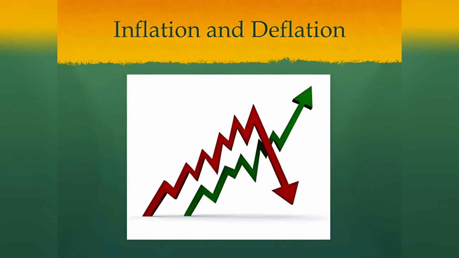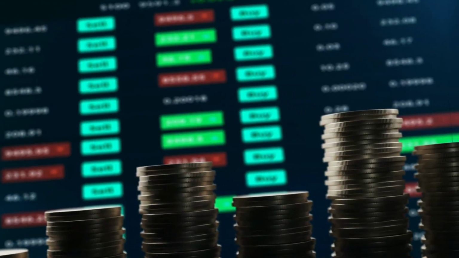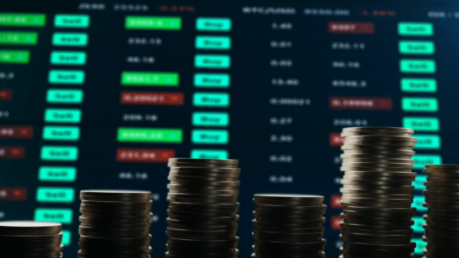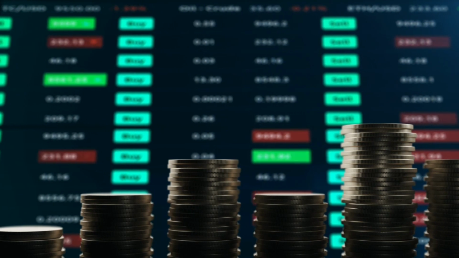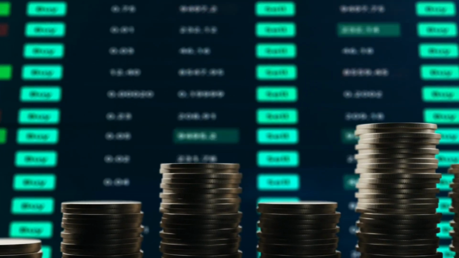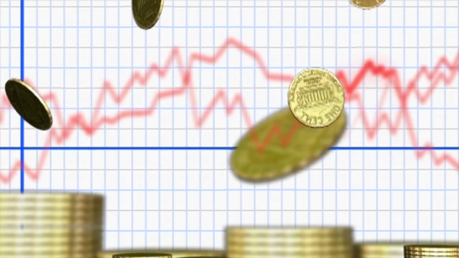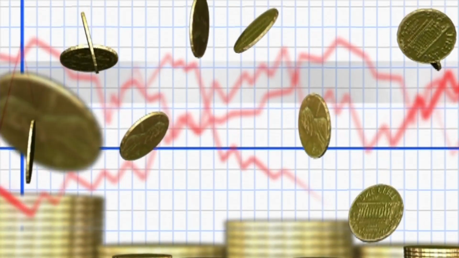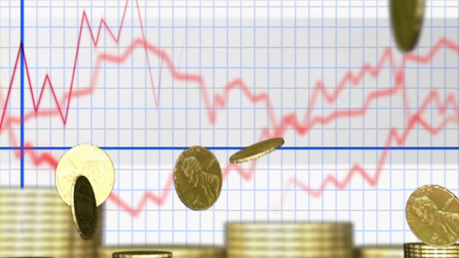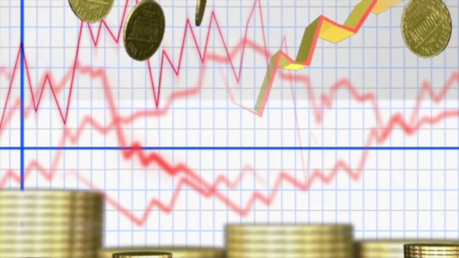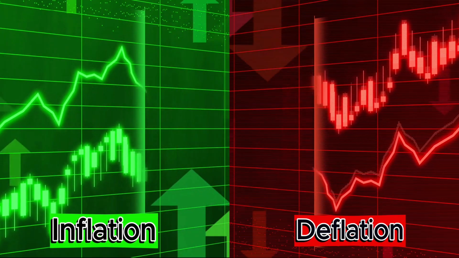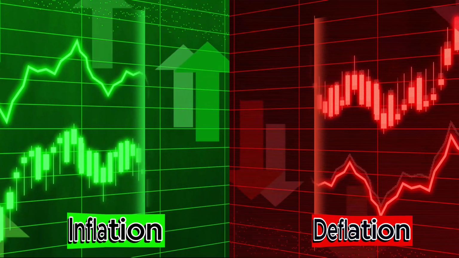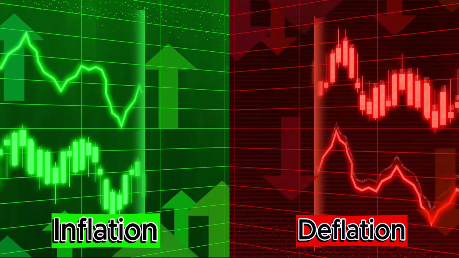The main disadvantage of fiat money is that it is vulnerable to inflation and deflation, which are changes in the general level of prices in the economy. Inflation reduces the value of fiat money over time because it means that more fiat money is needed to buy the same amount of goods and services. Deflation increases the value of fiat money over time because it means that less fiat money is needed to buy the same amount of goods and services. Both inflation and deflation can have negative effects on the economy and society.